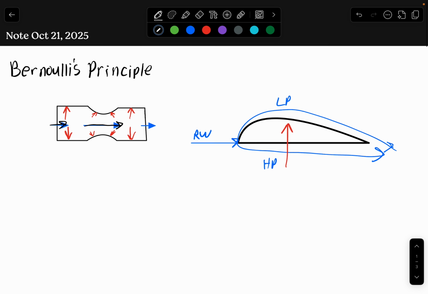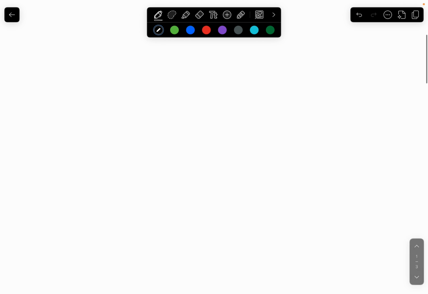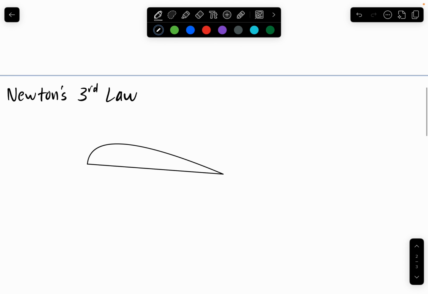All right. So, just to recap, Bernoulli's principle, all it is, it's a pressure difference between high pressure on the bottom and low pressure on the top, right? And high pressure seeks low pressure, so we have an upward force, right? And that airflow traveling over our wing speeds up as it travels down to the trailing edge, which increases its velocity, and that's what creates that low pressure and that difference in pressure between the bottom and the top of the wing. All right,